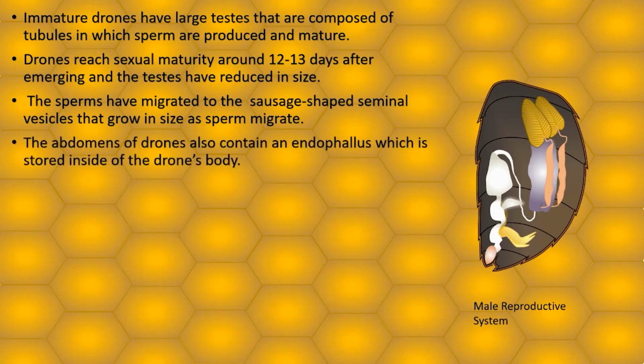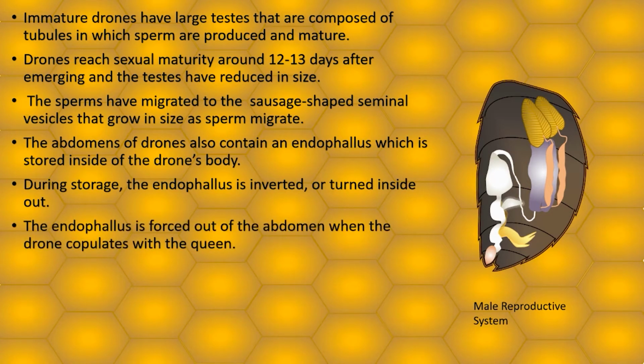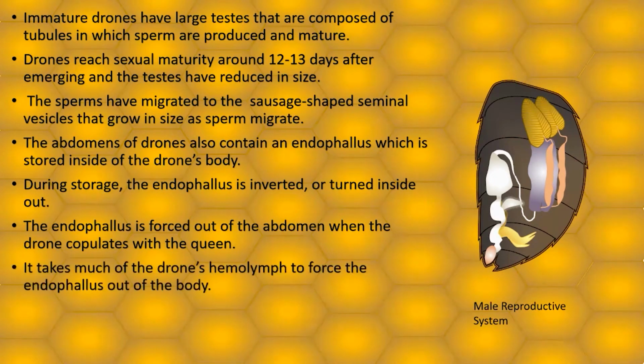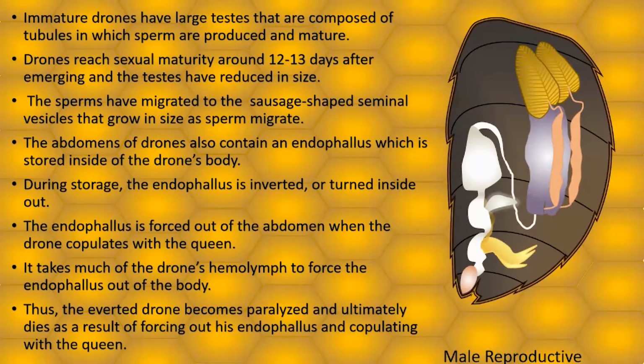The abdomens of drones also contain an endophallus, which is stored inside the drone's body. During storage, the endophallus is inverted, or turned inside out. The endophallus is forced out of the abdomen when the drone copulates with the queen. It takes much of the drone's hemolymph to force the endophallus out of the body. Thus, the everted drone becomes paralyzed and ultimately dies as a result of forcing out his endophallus and copulating